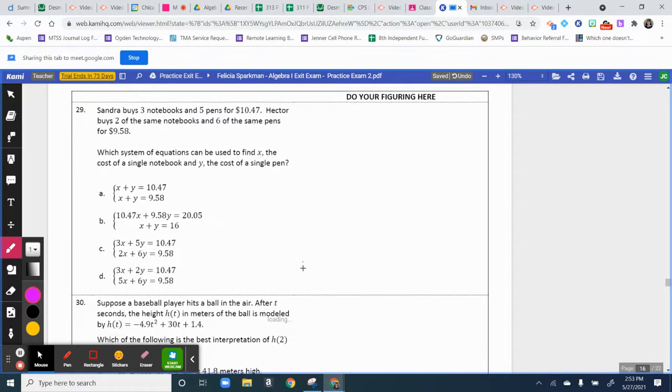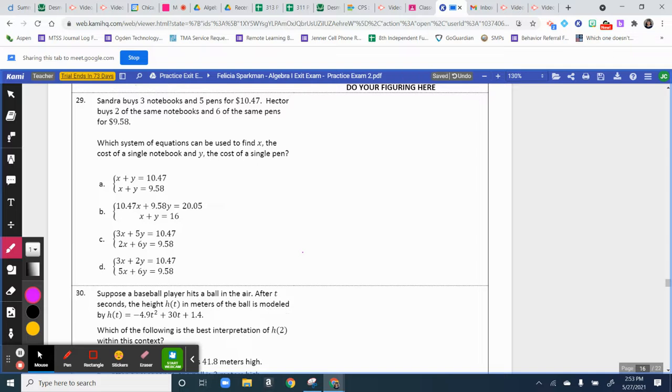All right, Sandra buys 3 notebooks and 5 pens for $10.47. Hector buys 2 of the same notebooks and 6 of the same pens for $9.58. Which system of equations can be used to find x, the cost of a single notebook, and y, the cost of a single pen? So what we can do is start by looking at, okay, Sandra had 3 notebooks, so that's 3x. She also had 5 pens, and her total was $10.47. Hector had 2 notebooks